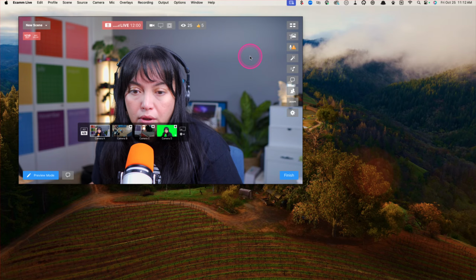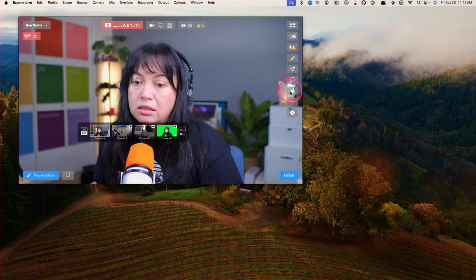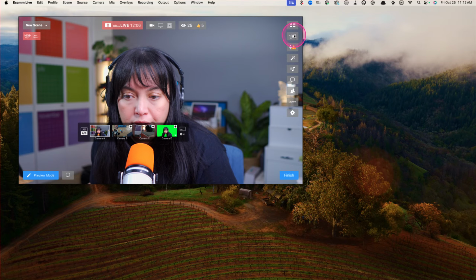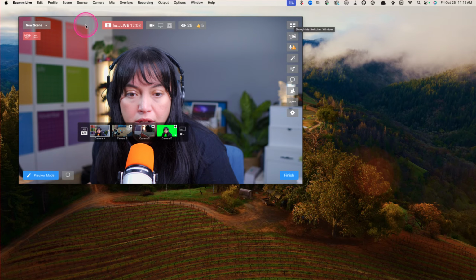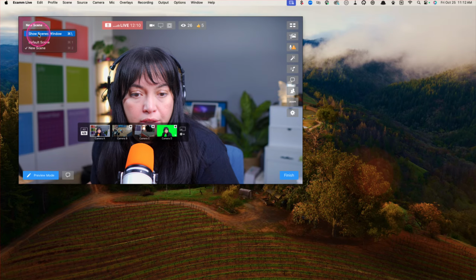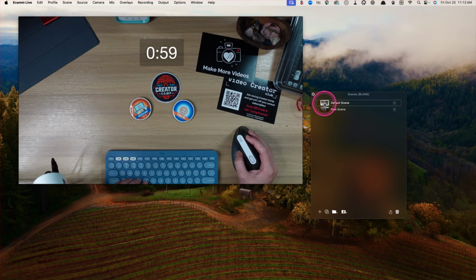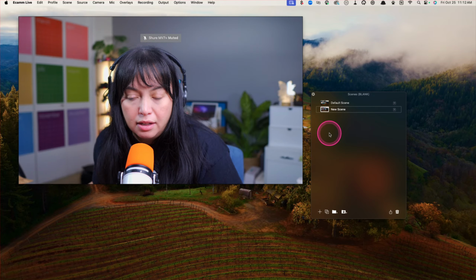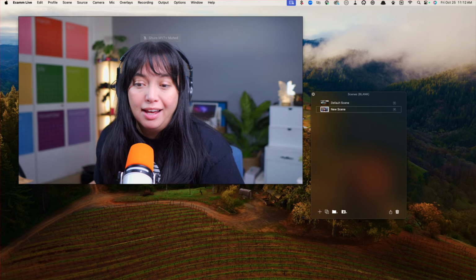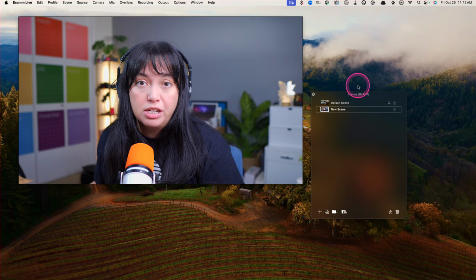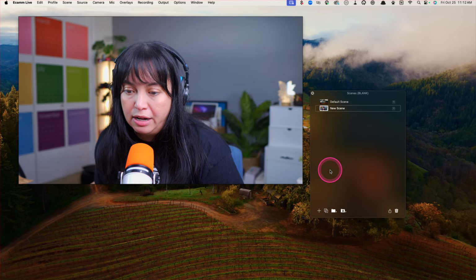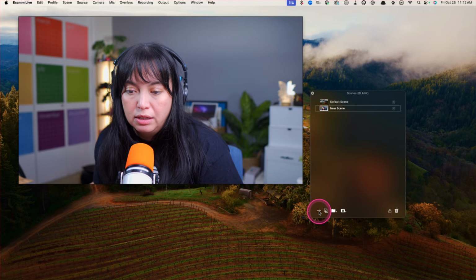So over here on the side, you see there's all these little boxes. Those open up our different windows. So we're going to show the scenes window. Right now I have two scenes: the opening scene, which my mic was muted, and then this scene, which is the one we're looking at right now. So if we make a brand new scene,